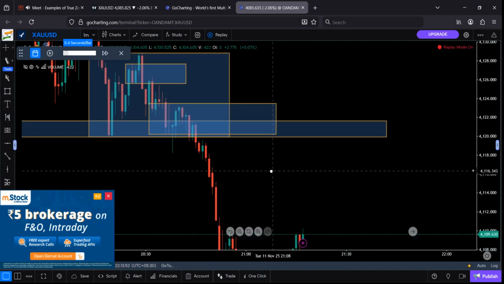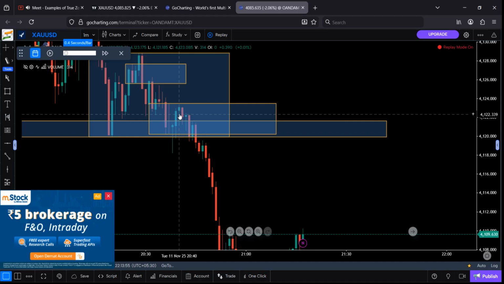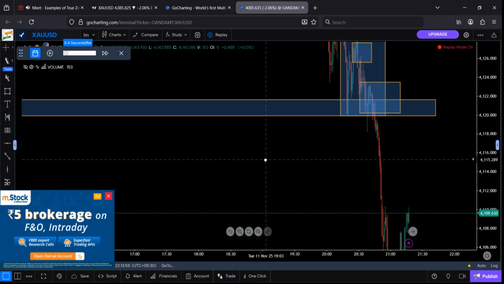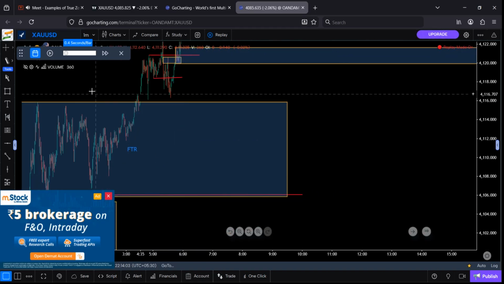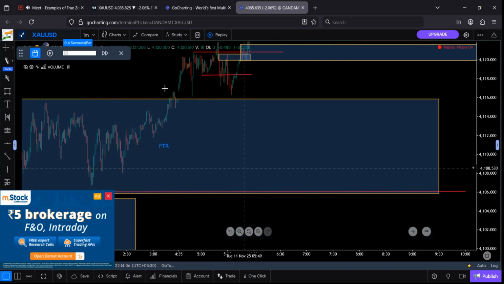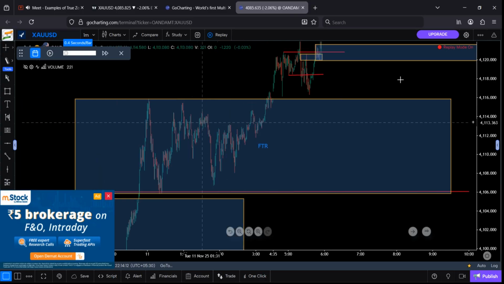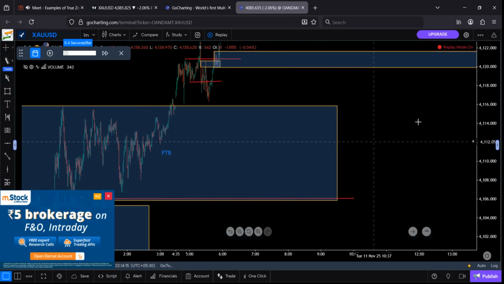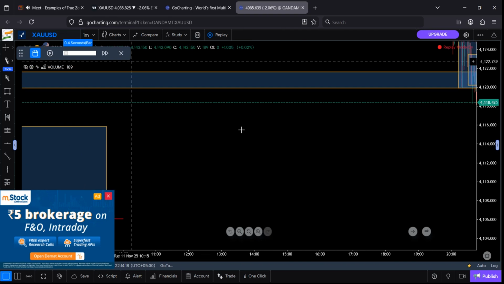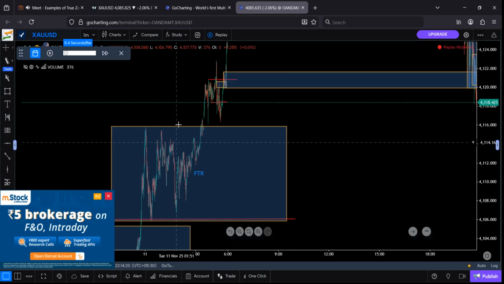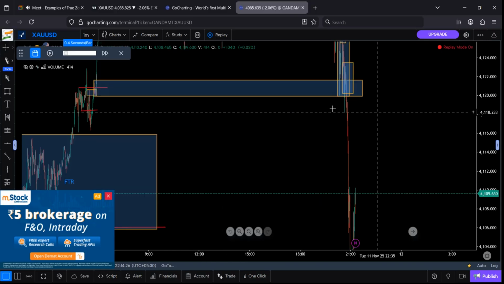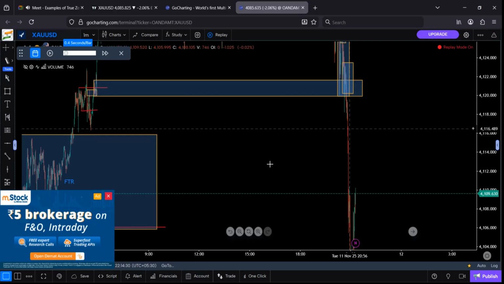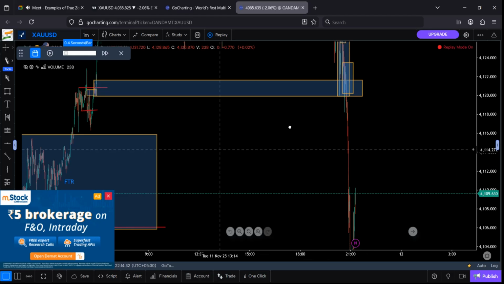Right? So what happened here? Price goes back up to this zone and we can trade this till here. This zone has been already hit here. So we can trade at least lower to here, at least below this. If we trade below this, we will not get much risk, much rewards, but